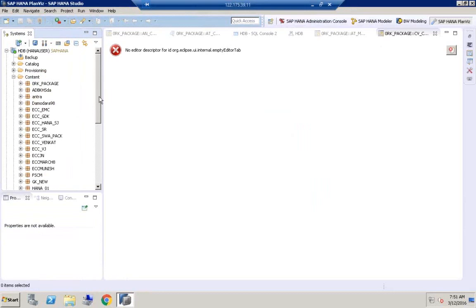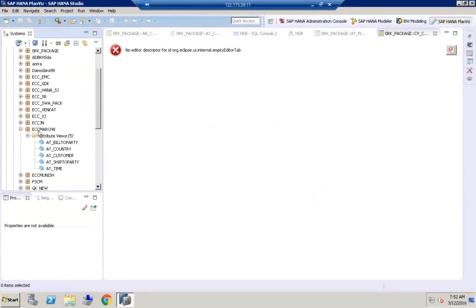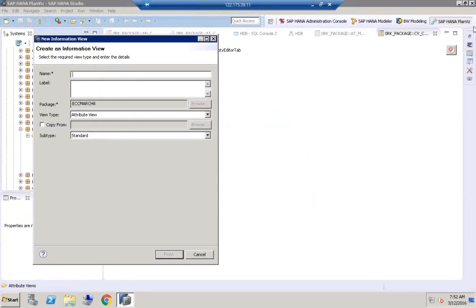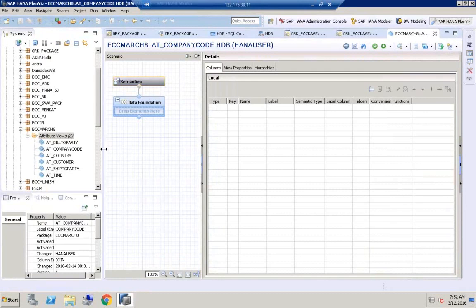Expand content. Expand package. Right click on the attribute view folder. Click New. Provide the name AT underscore company code. Let us provide the description, subtype as standard, view type attribute view, click finish. Once we click finish,